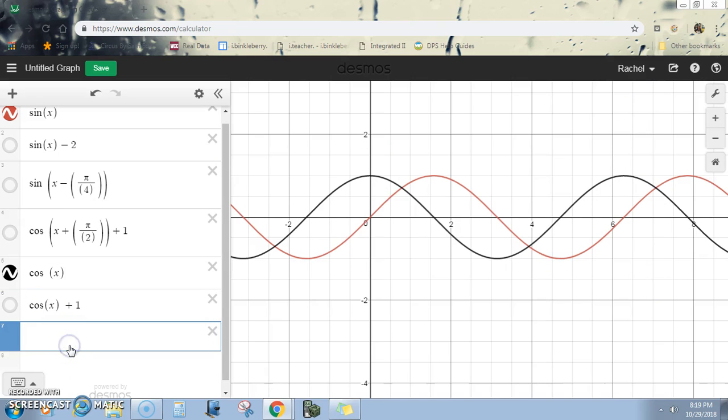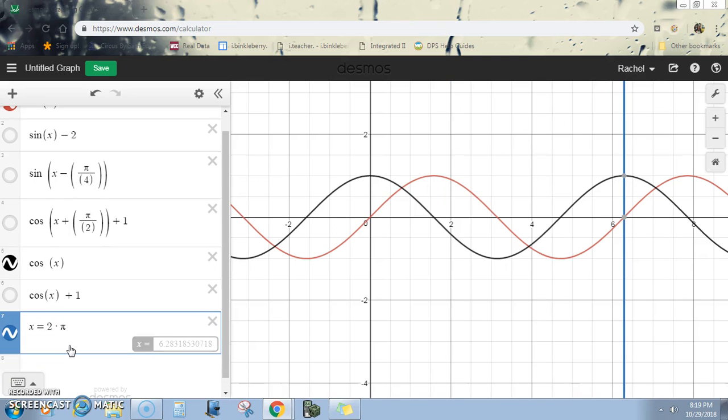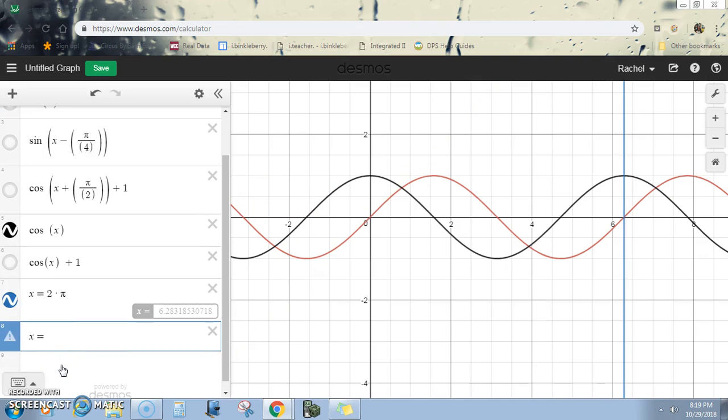Actually, I wonder if I can make this a little more visible. If we said x is equal to 2 times pi. Okay, so there's one complete circle. It starts at 0. Okay, let me see if I can do that. X equals 0. Okay, starts at the green line, one whole circle, starts at the green line and ends at